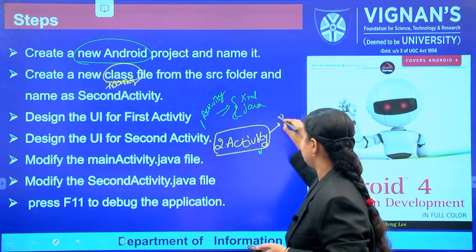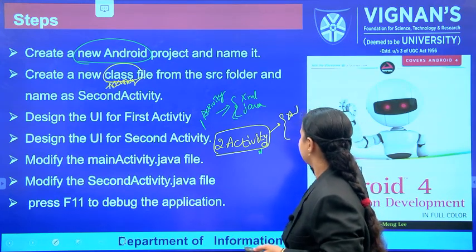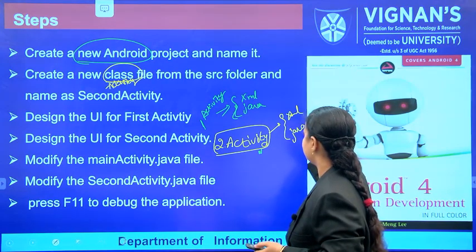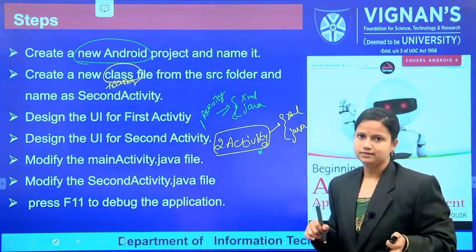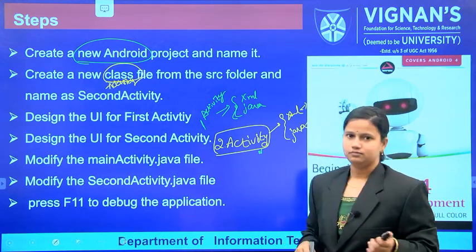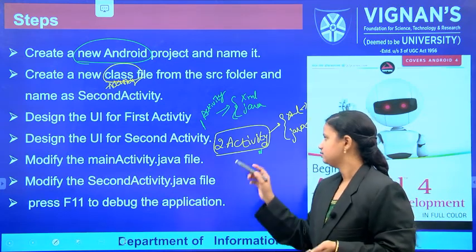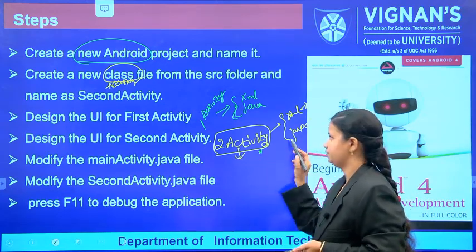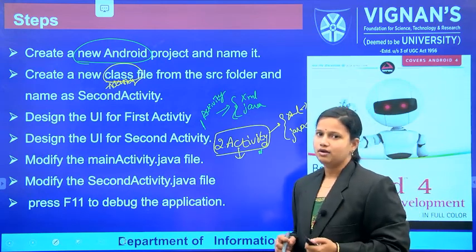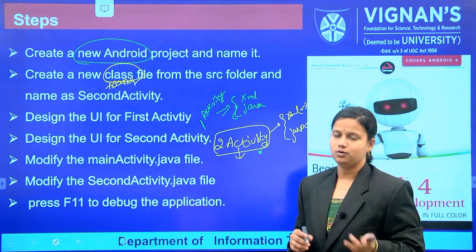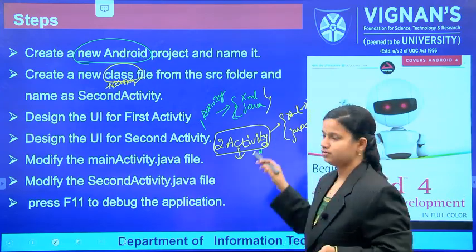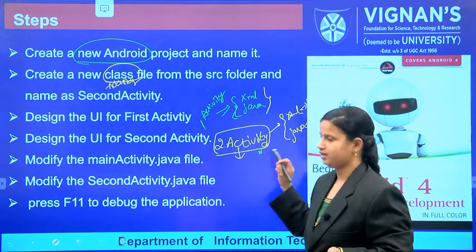And in the design, Android Studio will open two files corresponding to the second XML, that is the second activity file. For the second activity it will open two different files, and for the first activity they are automatically generated whenever you are creating a new application. You have to type the XML and Java files to be created.